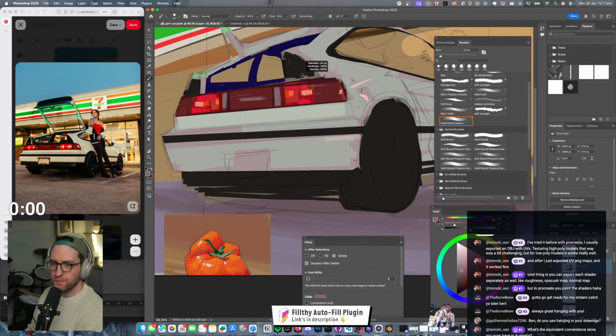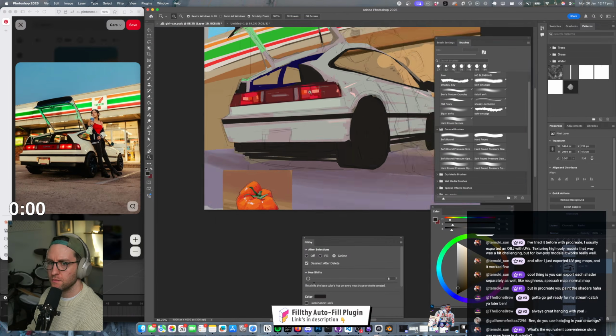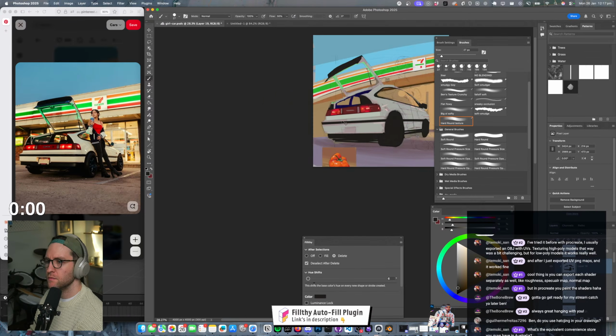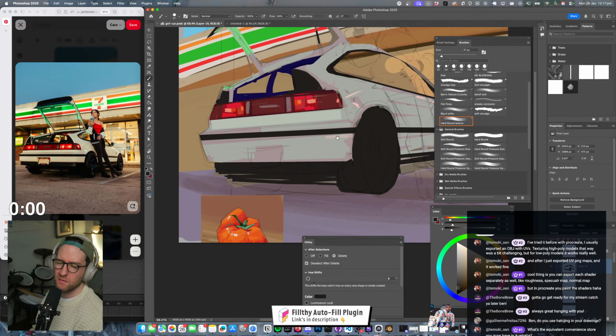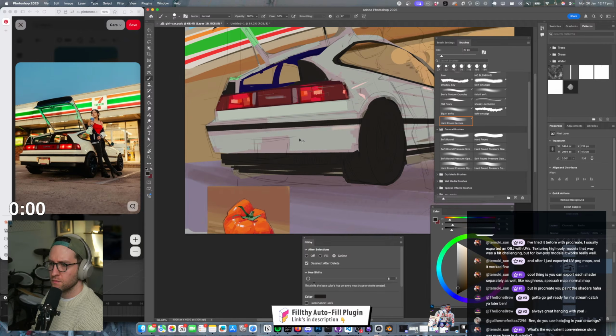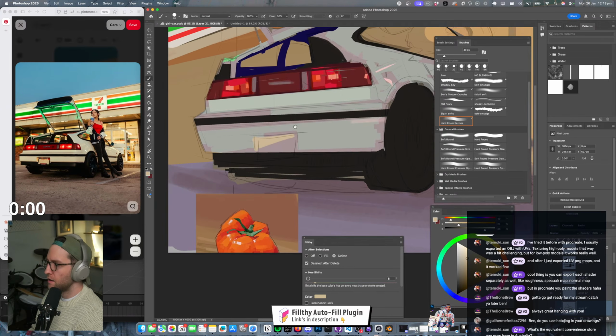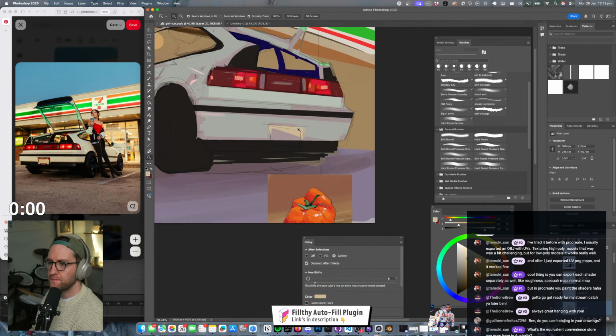So now there's some subtle color shifts here, particularly underneath here, because there's like lights lighting up the license plate. So to make sure we get that.